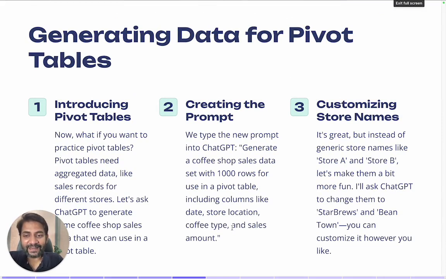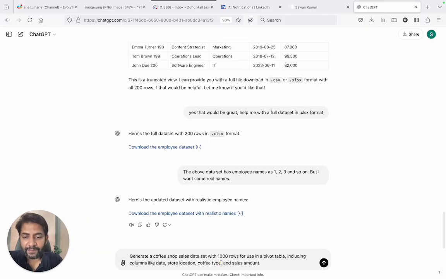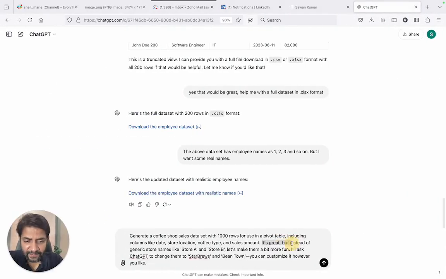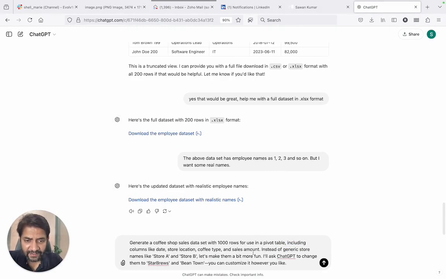Pivot tables need aggregated data like sales records for different stores, and so we'll ask ChatGPT to generate some coffee shop sales data that we can use in a pivot table. So we type the new prompt. Let us copy this prompt from here and we paste it in generate. It's great, but instead of this, I'll ask ChatGPT to change name to this. So I'll come back here. Instead of generic store names, like